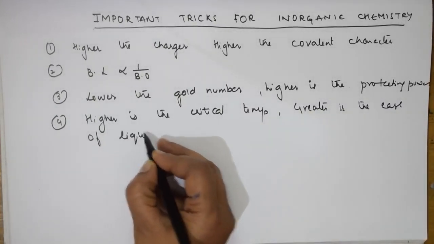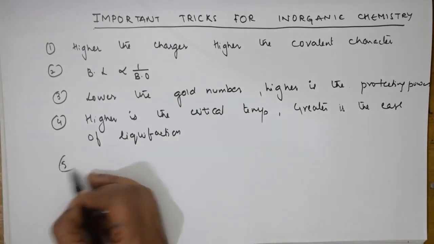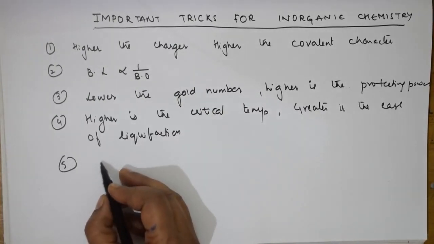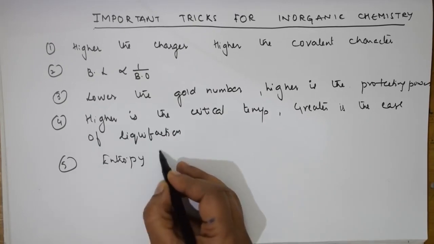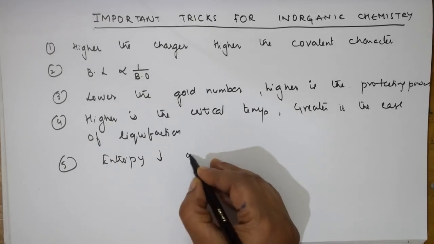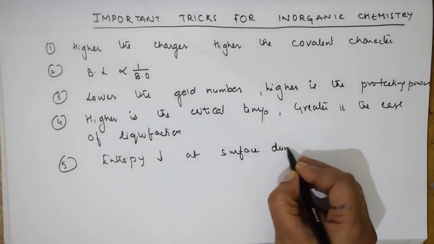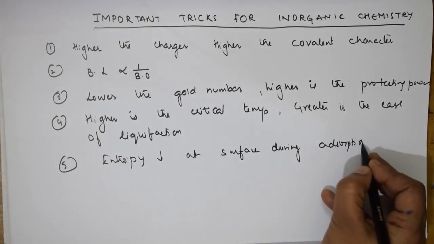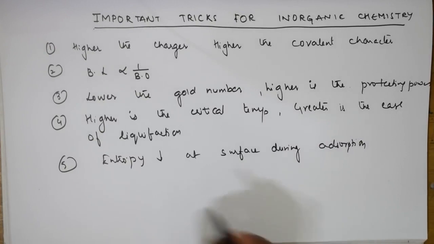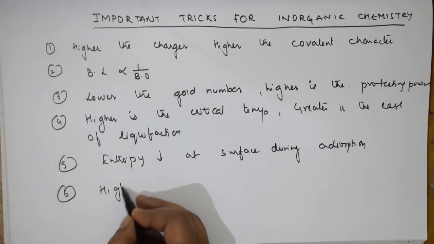Remember this, right? Let us go to the further rule. Next, important, right? So entropy, if I have to speak in terms of thermodynamics also, entropy decreases at the surface during adsorption. Remember this. If they ask you a question related to entropy, this is the concept which you can apply to that. Next important concept, higher the number of unpaired electrons,